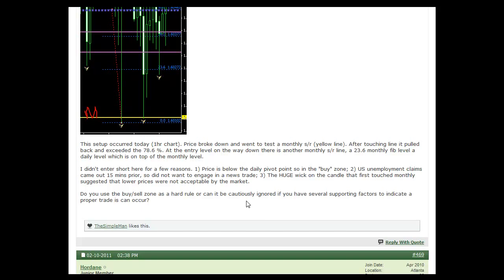Okay, that gets back to the buy and sell zones for the pivots. Anything below the central pivot, generally speaking, would be considered the buy zone. Anything at the central pivot and higher is generally considered the sell zone. While that is true in the most generic sense, because they are implied support and resistance levels,